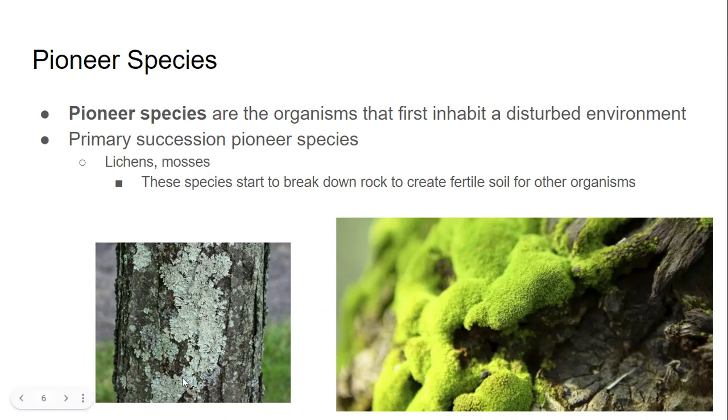So this is what lichens and moss look like. So lichens look like this on trees. So this is that combination of algae and fungi, and these are our mosses. And then secondary succession pioneer species are things like grasses. So grasses are normally going to be the first things that show up in secondary. As you get further along, then you're going to start seeing shrubs, and then a little bit shorter trees, and then taller trees. So as you go, the more complex and large that these organisms are, the further on in secondary succession that you are going to find them.